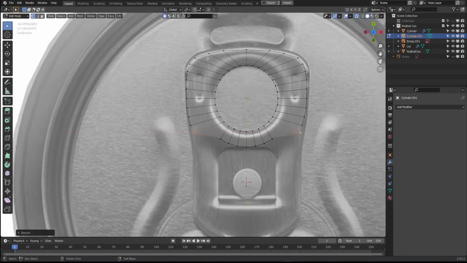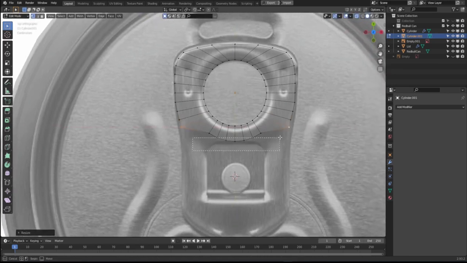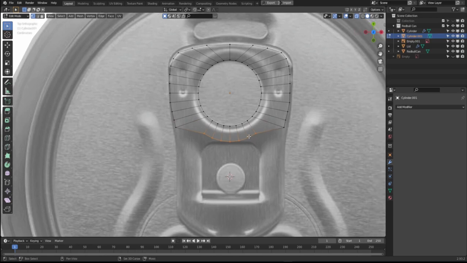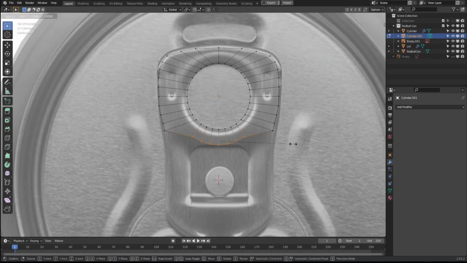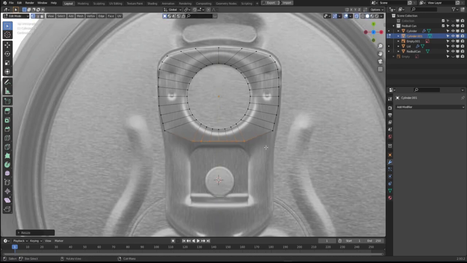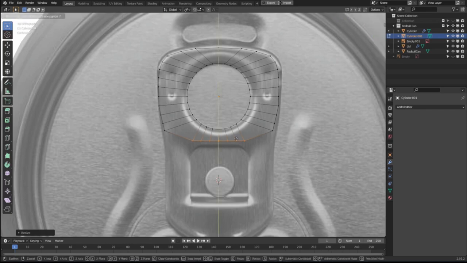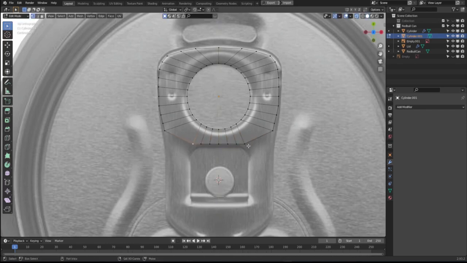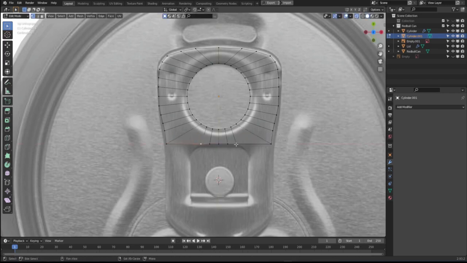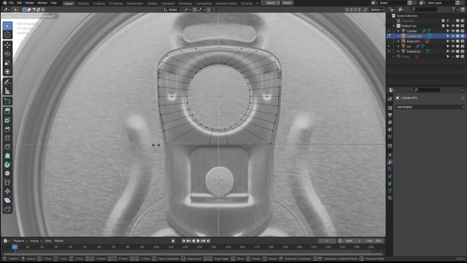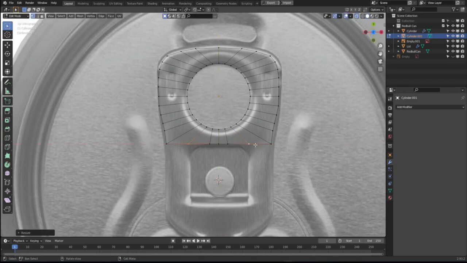Alright, we've got the rough shape down here, and now that we're down at the bottom, I'm just going to select all of these vertices here, and I'm going to scale them on the y-axis to 0 so that they level out. You press S, and then Y, and then 0, you can see that it's basically leveled them out, and now we can manipulate it a little bit better. So I'm going to pull them down here, I'm going to grab these outer ones, scale them out to the sides, and also with these two I'm going to scale them out a little bit. And now from here